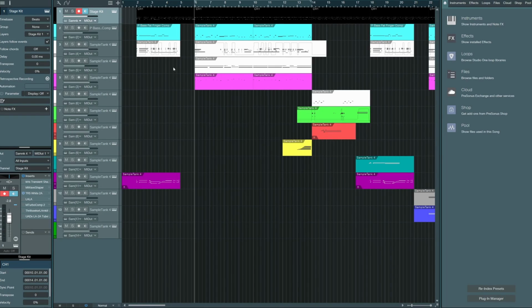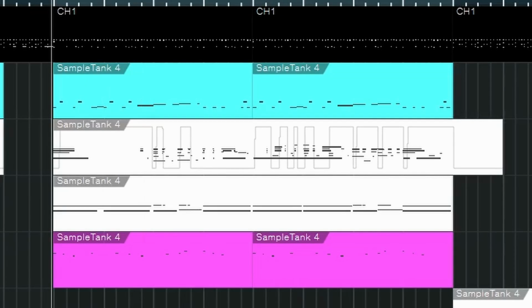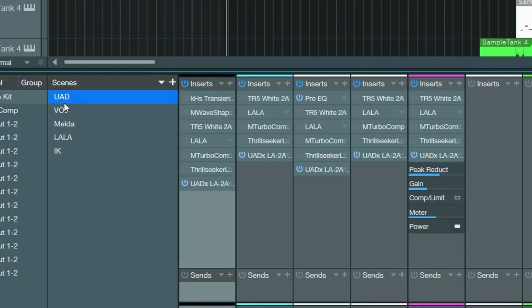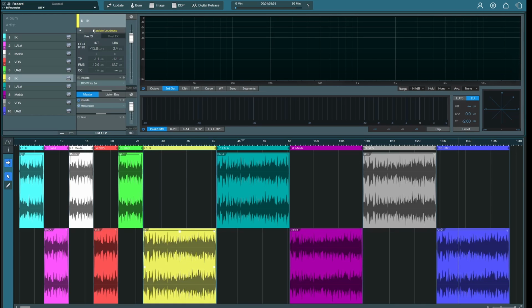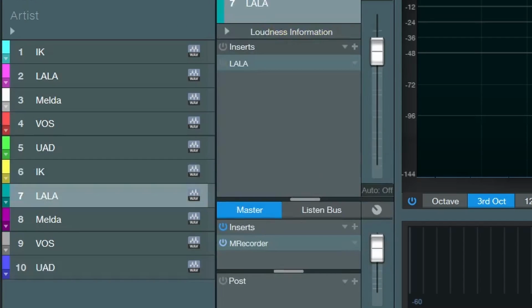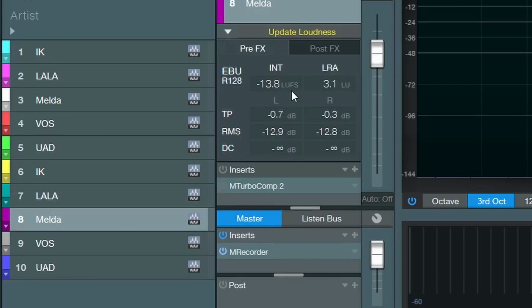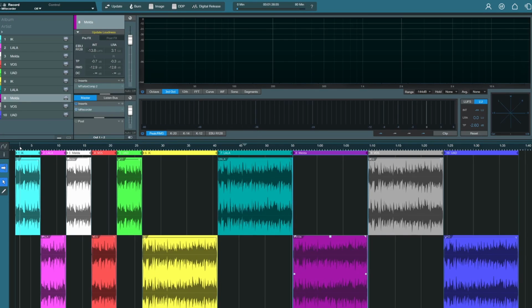I put these compressors on 5 tracks: drums, a bass, a piano, a guitar, and a lead. And I saved some mixing scenes in Studio One, so I got these 5 tracks with a UAD LA-2A, with a Variety of Sound LA-2A, with a Melda LA-2A, and so on. And then I exported this short section, I imported it into this mastering project, and I made sure that every mix I did has the same loudness. Minus 13.8 LUFS, and so on. And then I chopped it up a bit, and now we're going to hear how they all compare sonically.